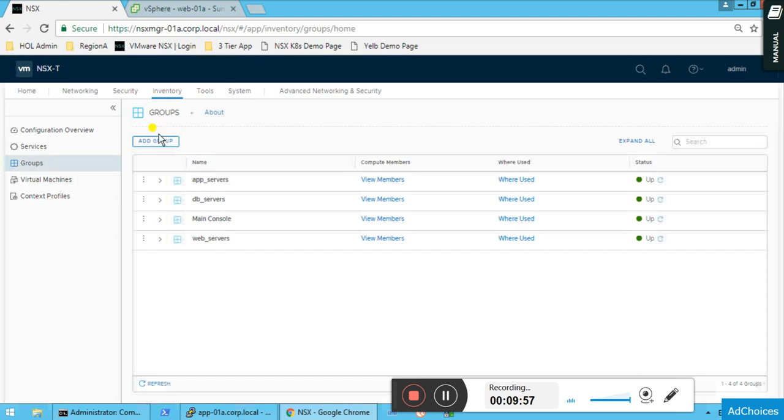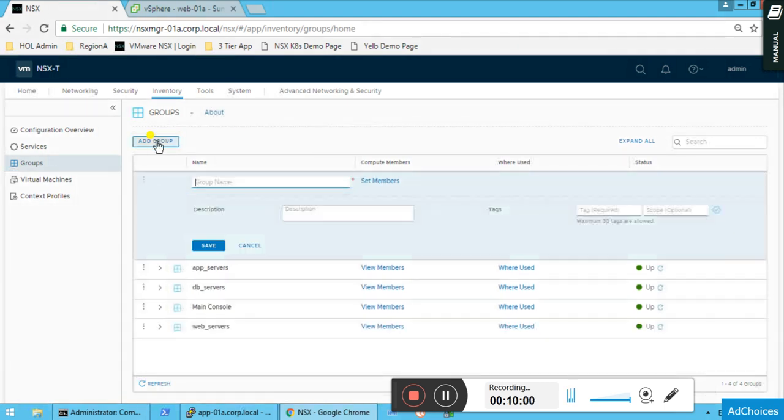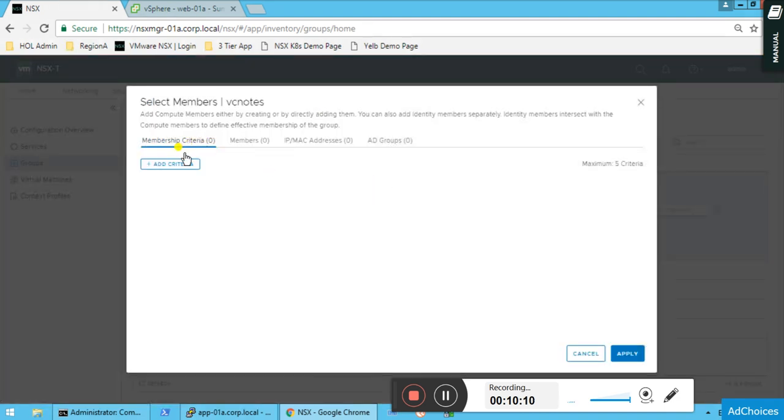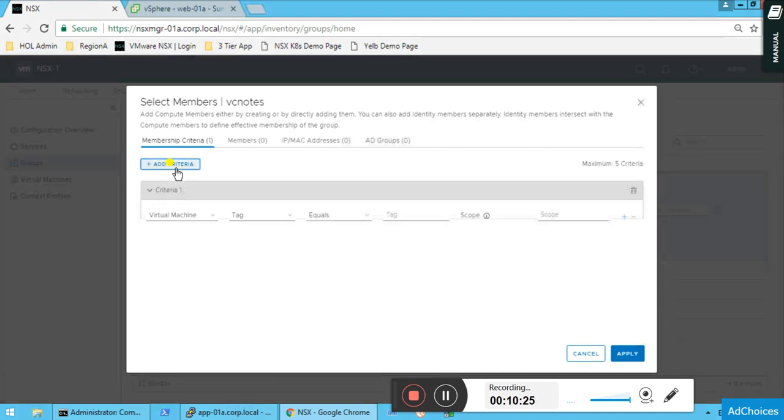So let me show you how you can add a new group. In this group you have mentioned this VC nodes. Now you have the option to set the members. What if you want to add a dynamic criteria, like if any virtual machine name starts with app, it will automatically be a member of this group? Then you can do so.